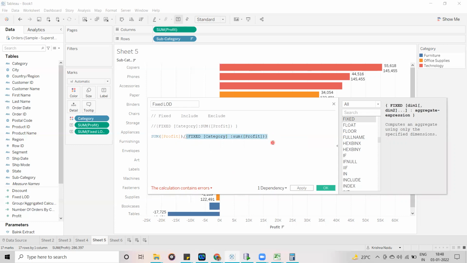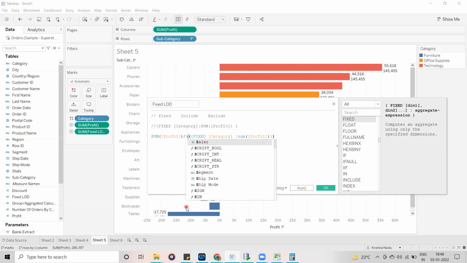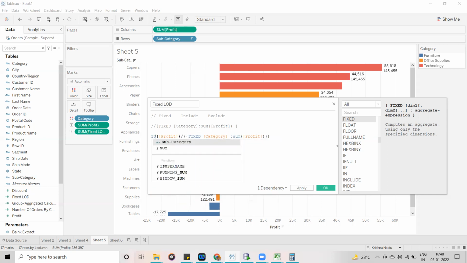In these kinds of scenarios, what you have to do is use sum of before this one. Now the calculation is going to be valid. Either both, the first one and the second one, should be aggregated, or both should not be aggregated. In this case, you can remove either this one or this one. But if we remove this one, what is going to happen, guys? This is going to be a row level calculation again, right? So always you have to mention sum and you can aggregate this one as well.